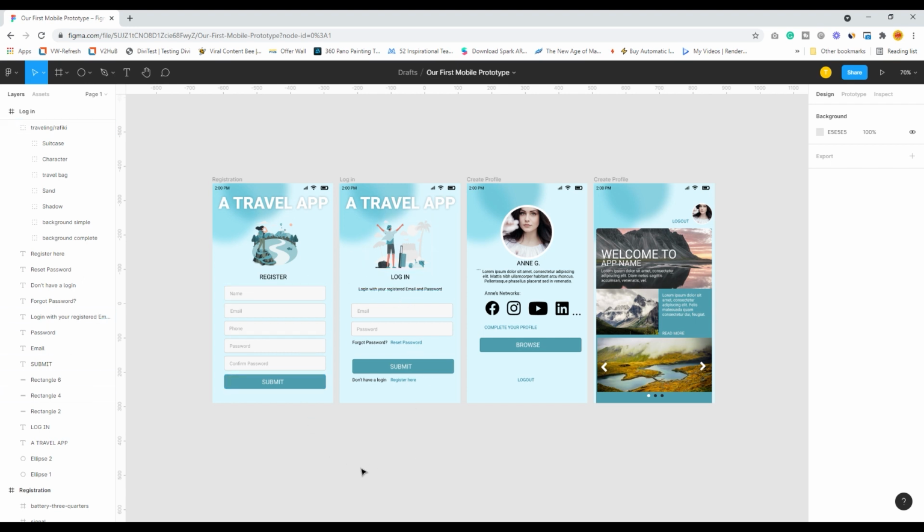Usually register is used when the person is entering for the first time. Sign up is for basically an already existing user who might have to sign up because